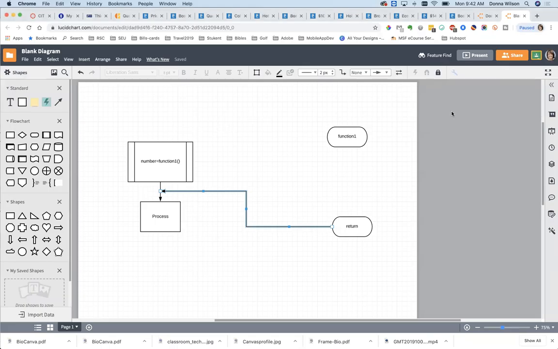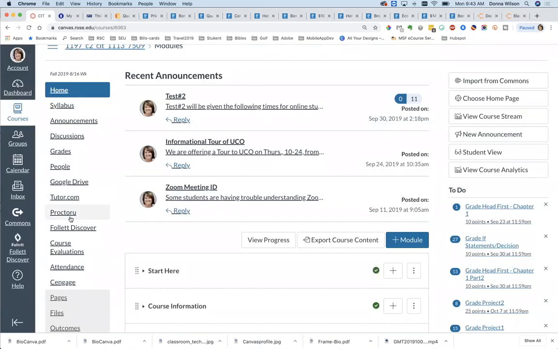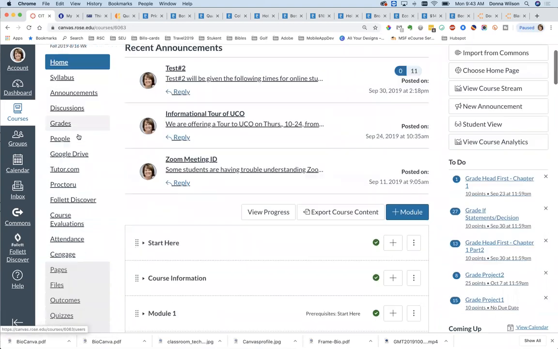Okay, so we're going to look at functions first, because before we actually do the project, we need to know how to do functions. So first of all, I want to go over here to this exercise or assignment that I gave you